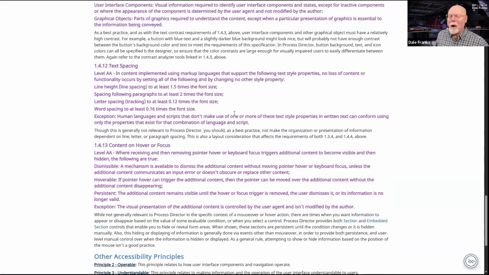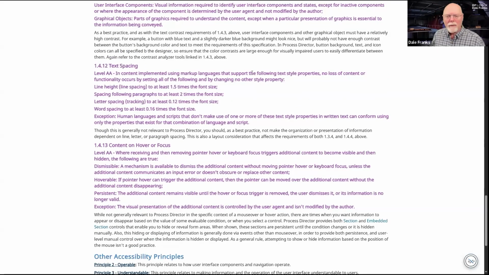Now, not all of the web standards apply to Process Director. For example, there are some video components to web accessibility that, well, we don't worry too much about because we don't have a video control in Process Director.